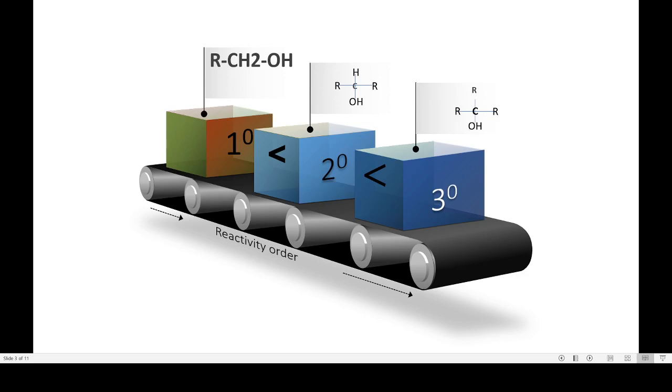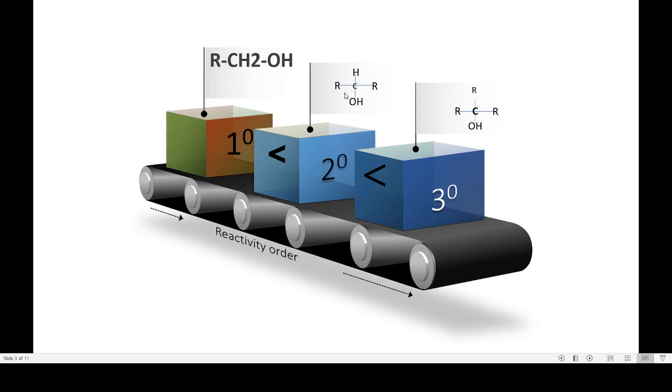Why is this structure called a tertiary alcohol? Because this carbon atom is linked with the other 3 alkyl groups. Hence the carbon is called tertiary. This center carbon is called tertiary. And this tertiary carbon atom is linked with the alcoholic group. Hence it is called a tertiary alcohol.